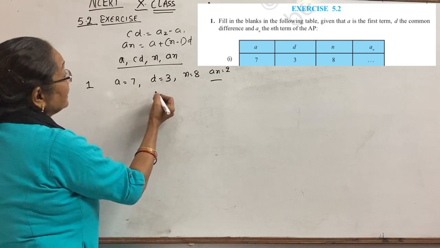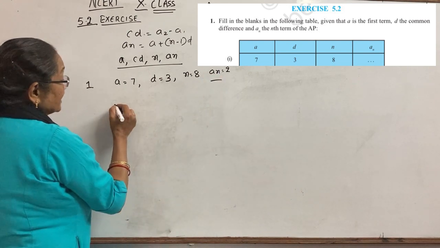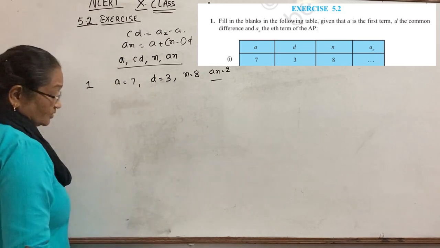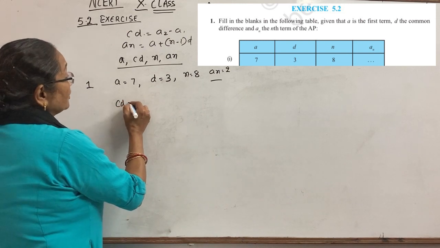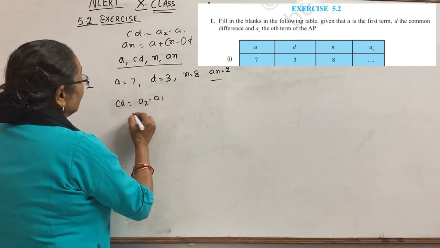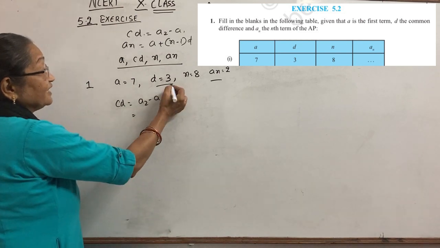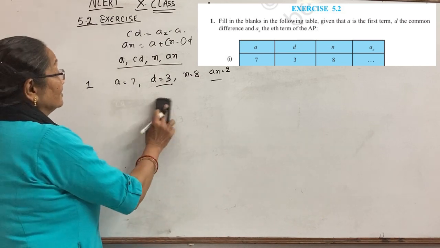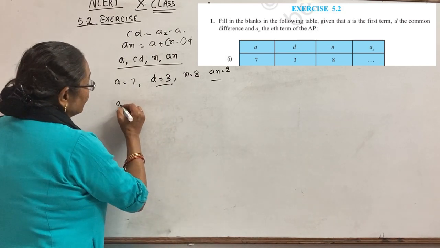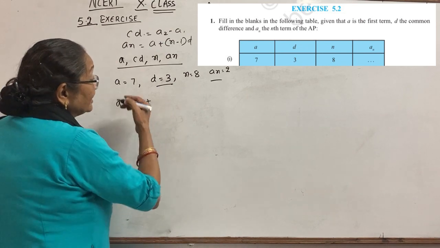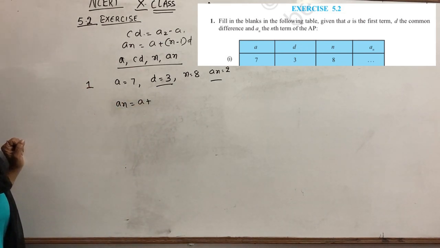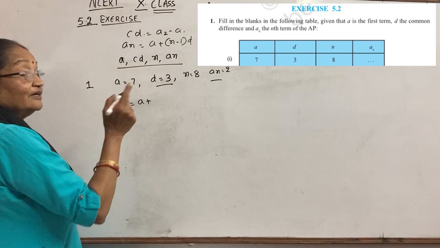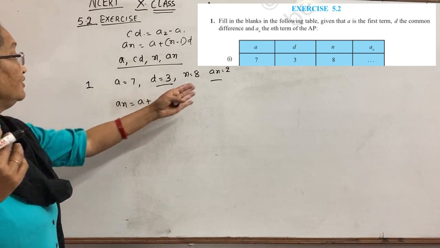Okay, so now let us see. He is asking the nth term. So first duty is to find out the common difference. Common difference equals a2 minus a1. Common difference he has already given, isn't it? D he has given, therefore you need not take it out, right? Now if you put this formula an equals a plus, where only the AP is given, first duty is to find a2 minus a1 difference. But here he has already given it, he said I am going to give you the difference, then you find the nth term.